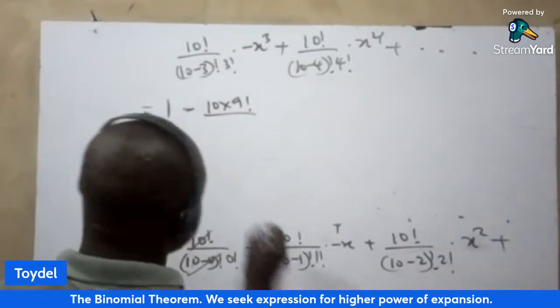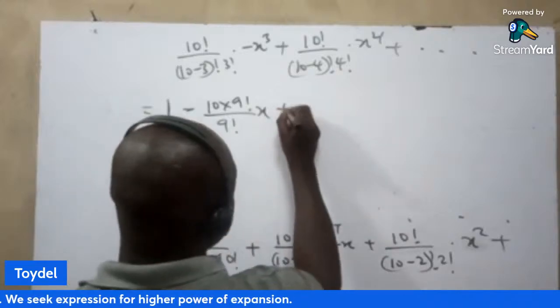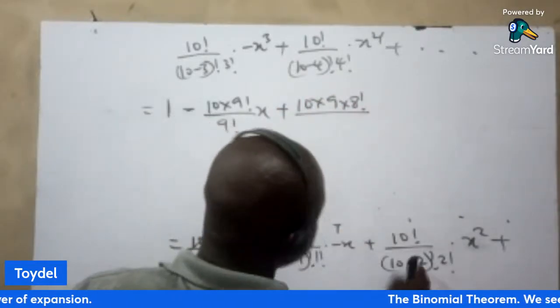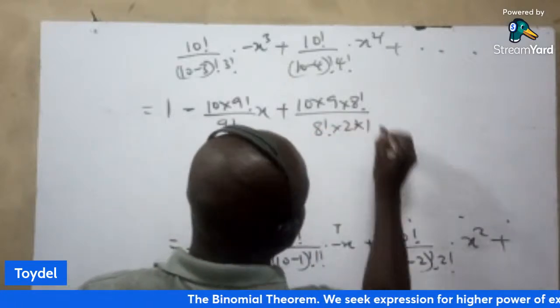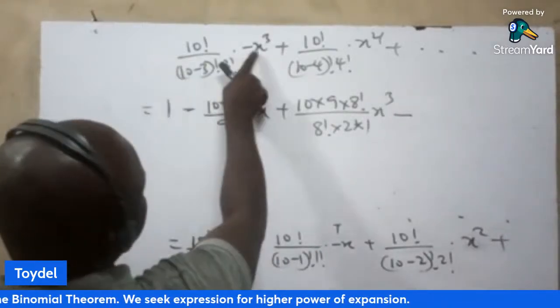10 minus 1 is 9. So 9 factorial. 1 factorial is 1, minus x, plus here I'm going to have 10 times 9 times 8 factorial all over 10 minus 8, which is 8. I'm going to have 8 factorial here. 2 factorial is 2 times 1, x cubed,